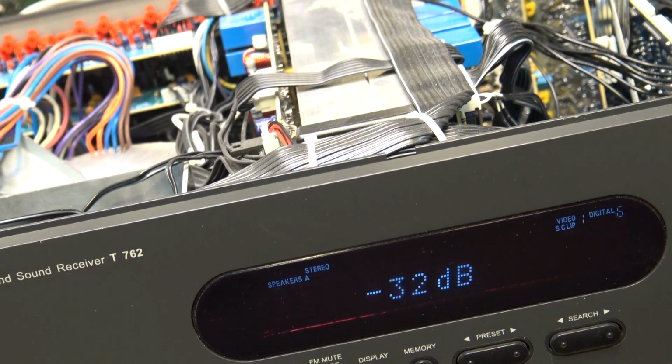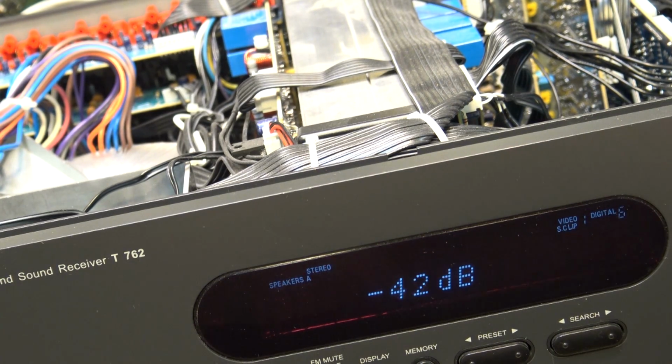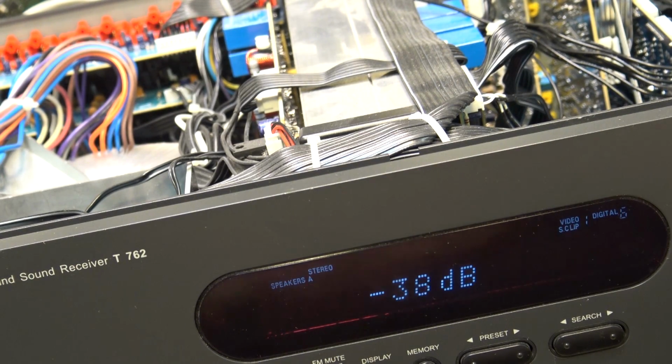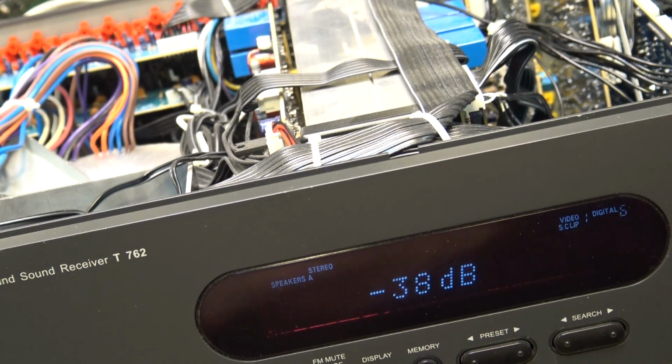It appears to be working. I'm going to let this thing run because the owner of it said that it would cut out. He said all the sound cut out after 10 minutes. I experienced the CD input cut out on it after 10 minutes, but I'll let it run here for a bit. But I'm pretty confident at this point that the problem has been resolved with the replacement of that cap,